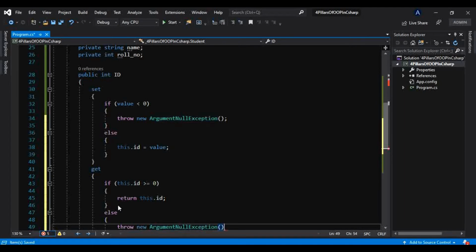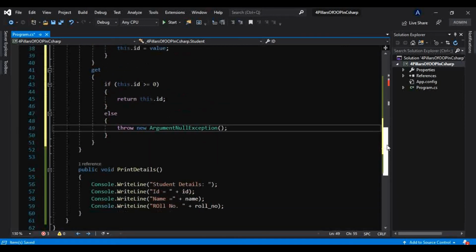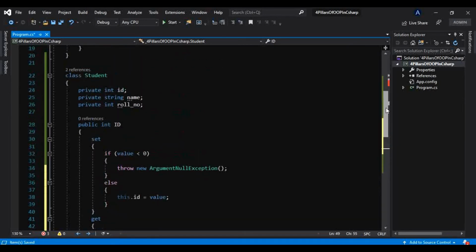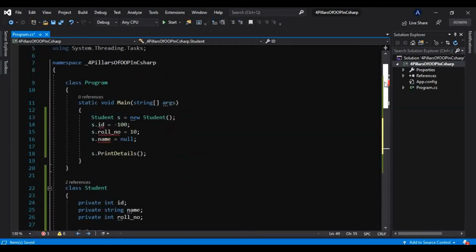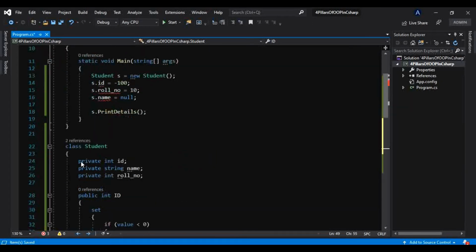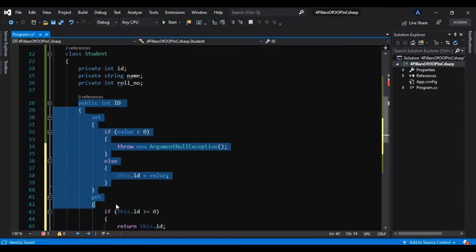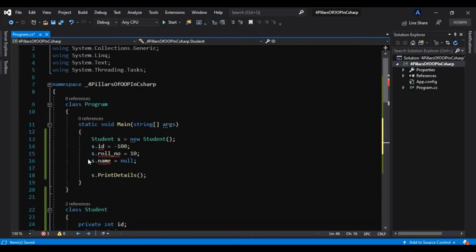So that is how we can access this private field, ID, by encapsulating it inside this public property. And that's how you should expose it to the user.